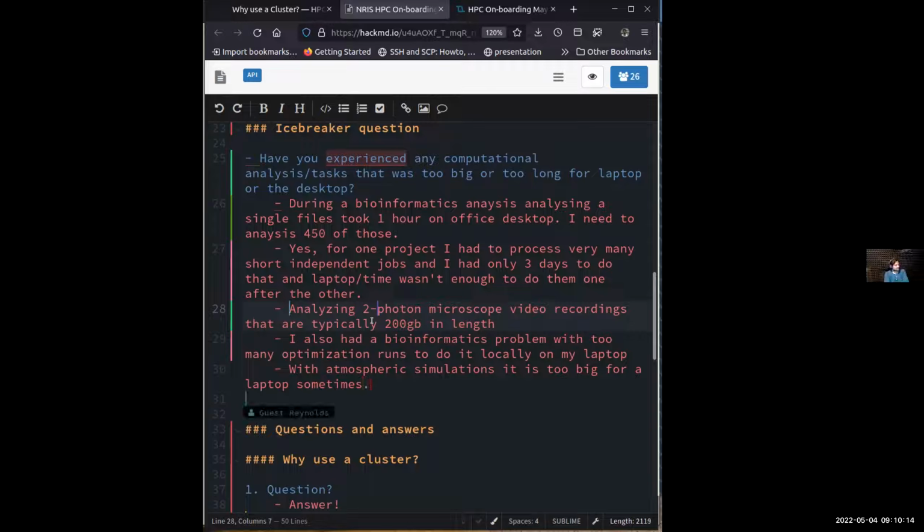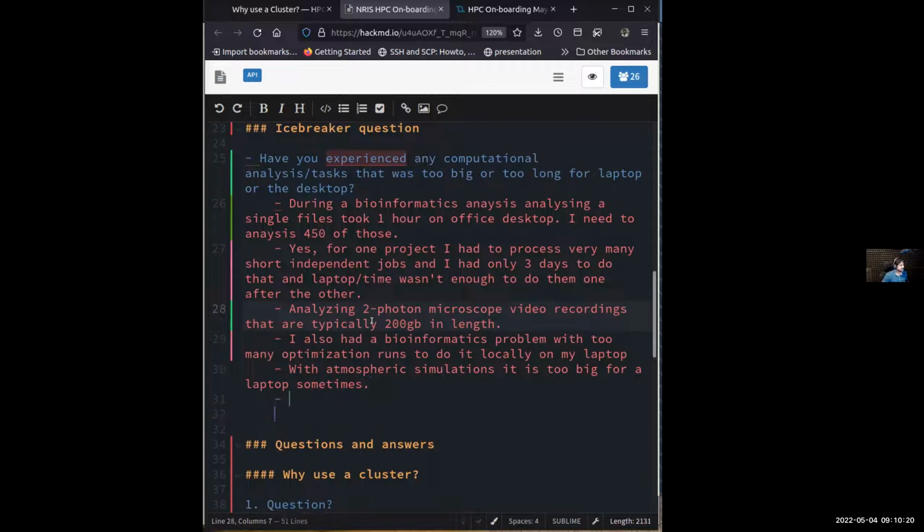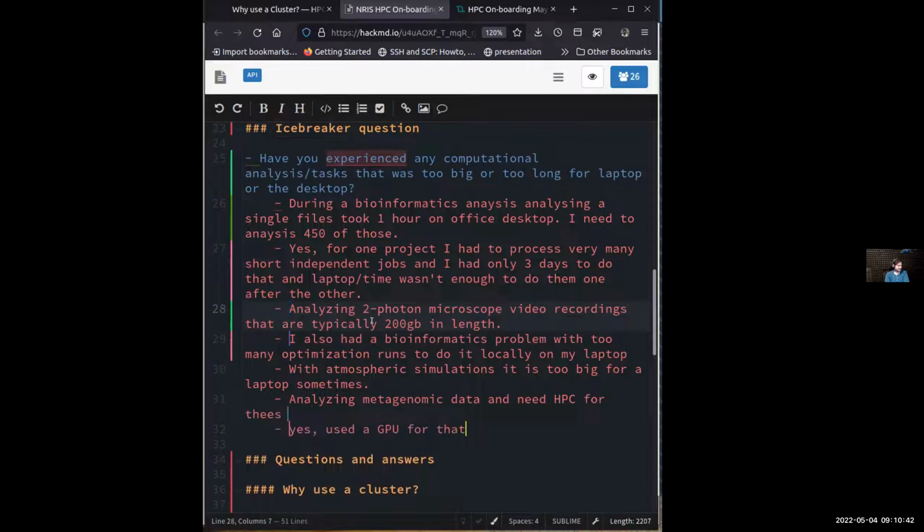So Radovan, according to these answers, if we take a few of those just to get an entry point for our discussion for the lesson. So let's say if I have my laptop and in the first example, there was this file that I need to analyze, and it takes 1 hour to finish. So if it is one hour and it finishes and it is only one file, then you are fine with the laptop.